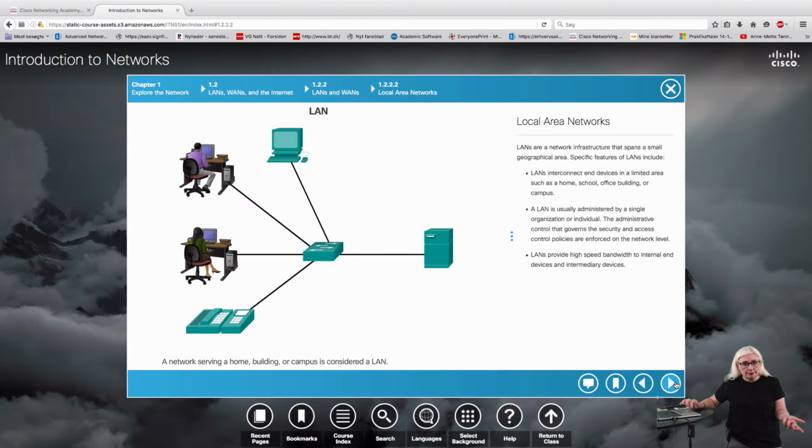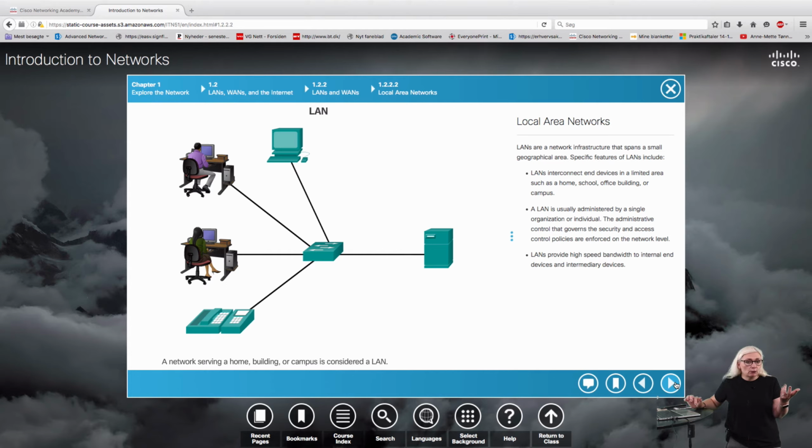When we look at a local area network, it is something where you buy and install and set up the devices yourself. Like for instance, in your home, you can have a LAN. You buy the router or the switch, you set up the cables or the wireless networks, and you administer everything yourself. This is typically within a small geographical area. Like here at the school, we also have a LAN, which is of course larger than what you have at home, but it is a local area network. We buy the devices, we set them up, and we administer it ourselves. So that is basically a LAN.